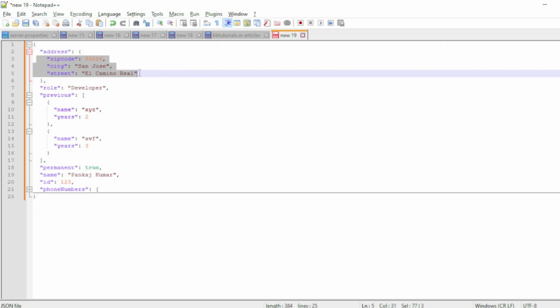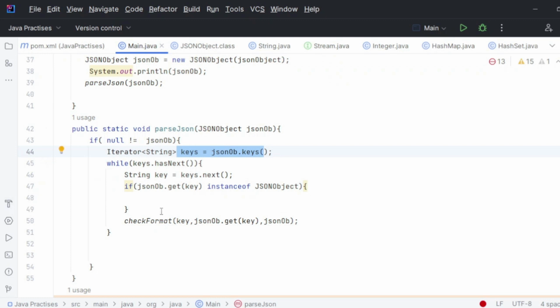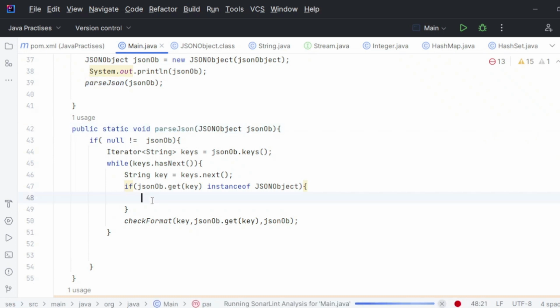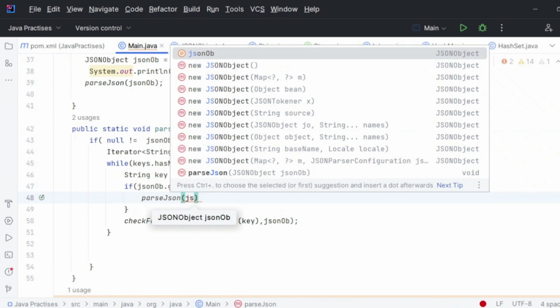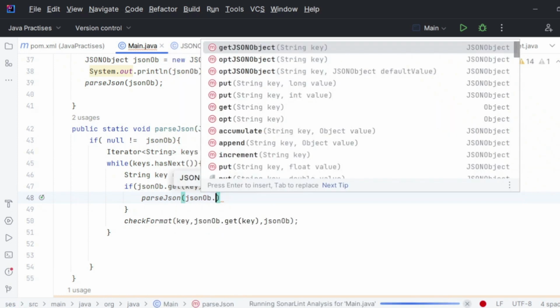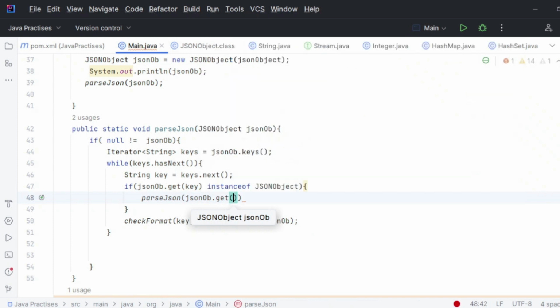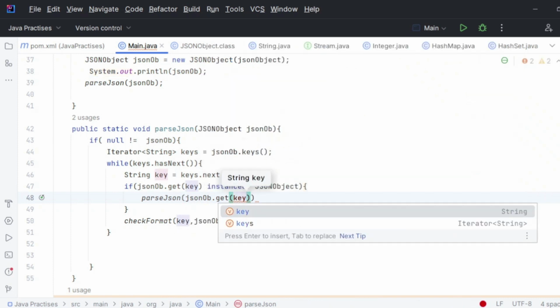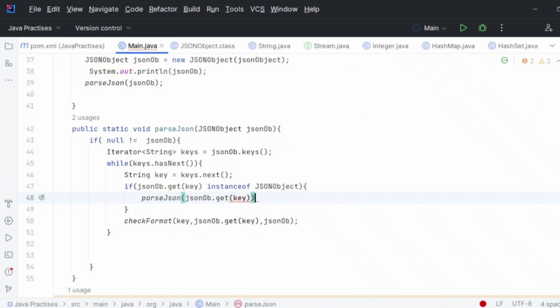So in order to repeat this, I'm going to use the recursion method here. So this recursion is nothing but I'm going to call the exact method with JSON obj dot get of this particular key. Okay, so with this what happens is,